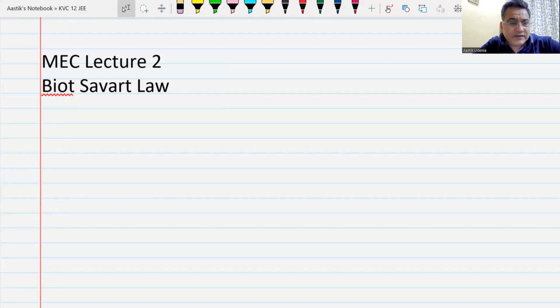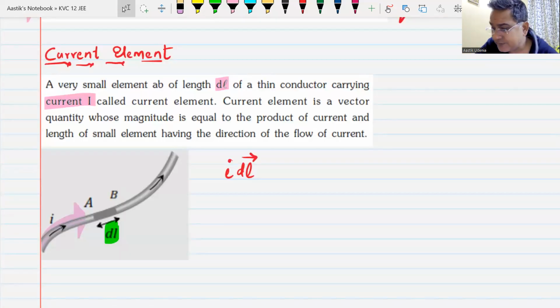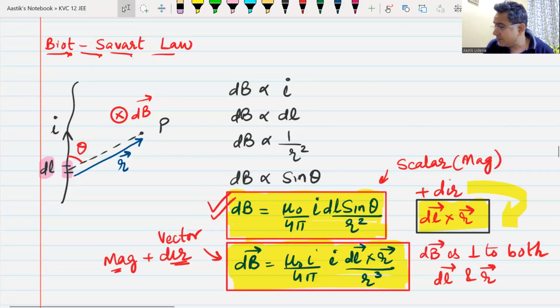If you remember, in the previous class, we had seen the beginning of this Biot-Savart law. We had seen what we mean by a current carrying element, and how we can find the magnetic field due to a current carrying element. The small magnetic field that this element creates is given by this formula on your screen: mu naught by 4 pi, I dl sine theta by r